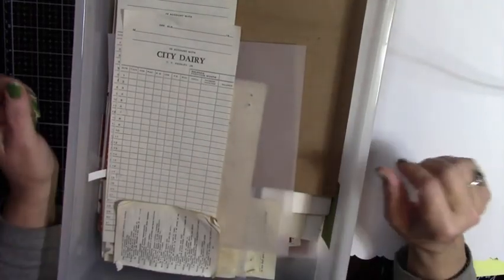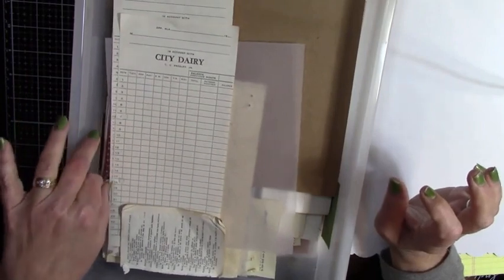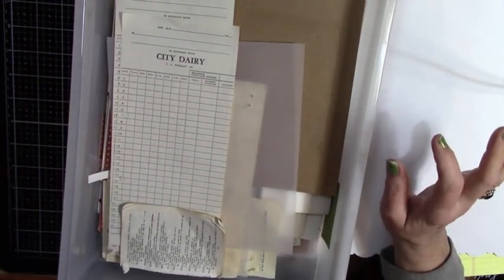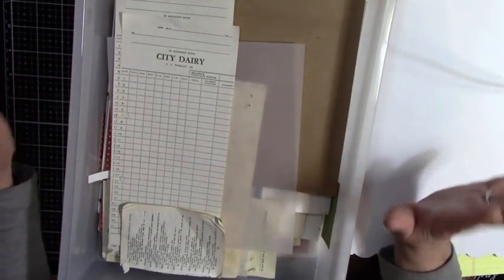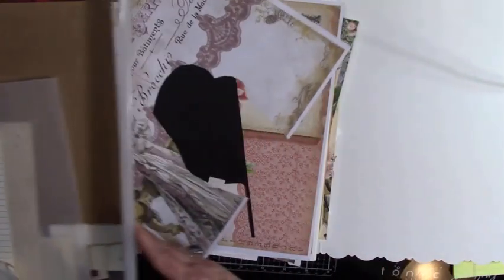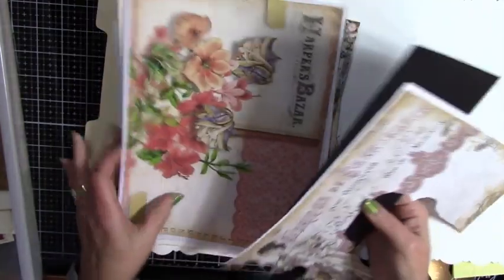It is scrap buster time. All right, so I have just finished the photo folio, the Fashion Bazaar mixed media photo folio. I think because I have so much left of what I had printed out and of the pages that I made,